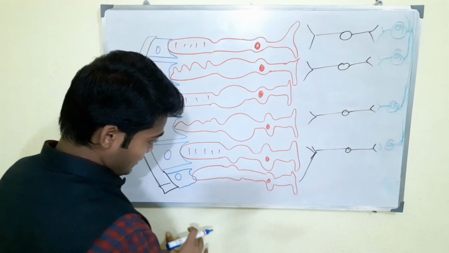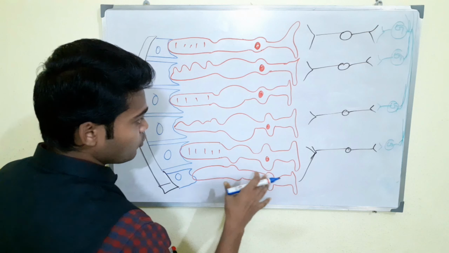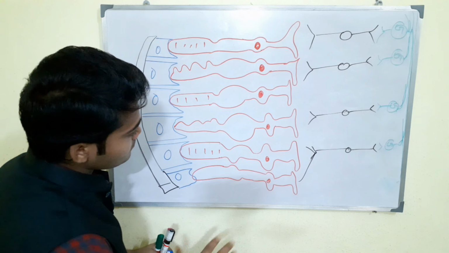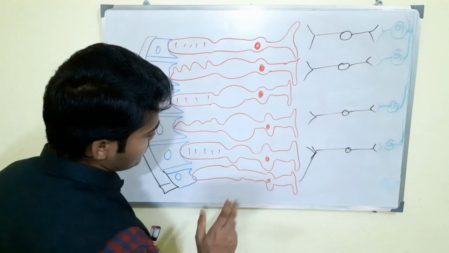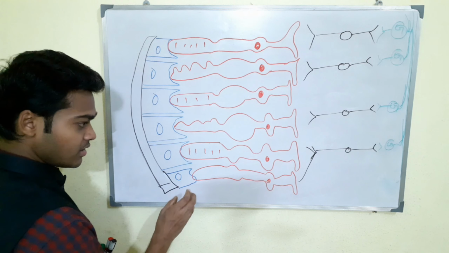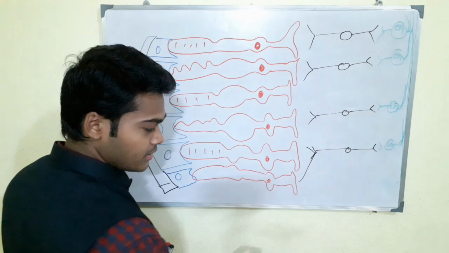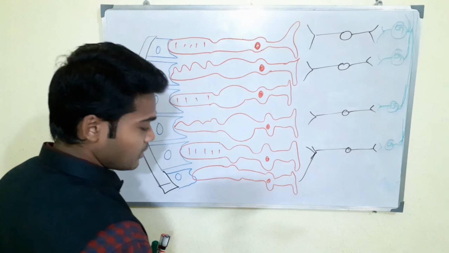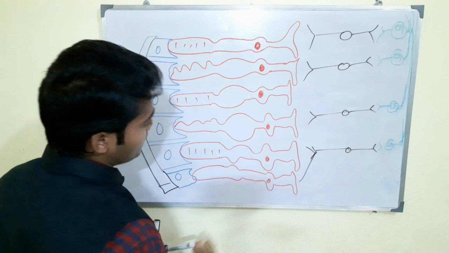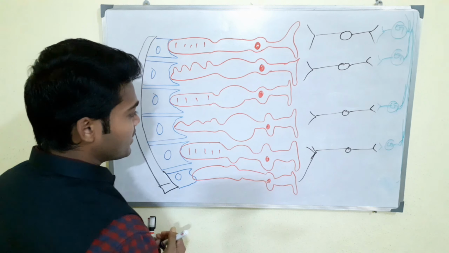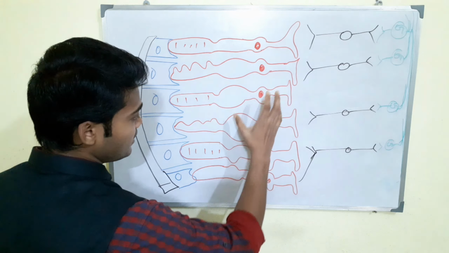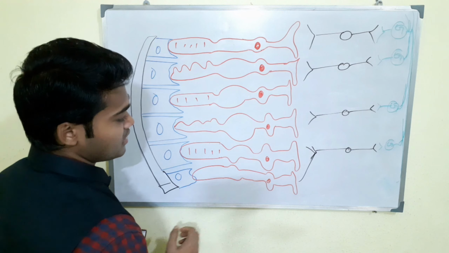Now I give the next arrangement, which is more complex, for your assumption, right? How does it become more complex? Just assume this layer is the retinal pigmented epithelium, this is the bipolar cell, right, and this is the ganglion cell, right? Now I show you here the rest of the layers and the rest of the cells, right? Why do I draw it separately? I draw it separately, layer by layer, so you can easily capture what is actually happening inside the eye.